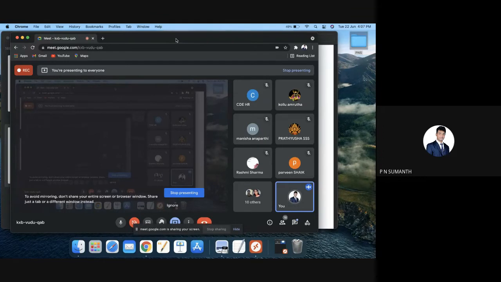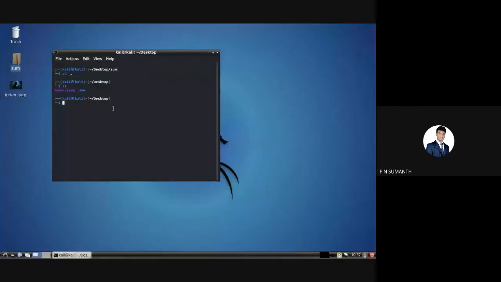So it's a simple practical where we'll just embed our message into a JPEG image. So first, you'll have to install the tool that is Steghide.